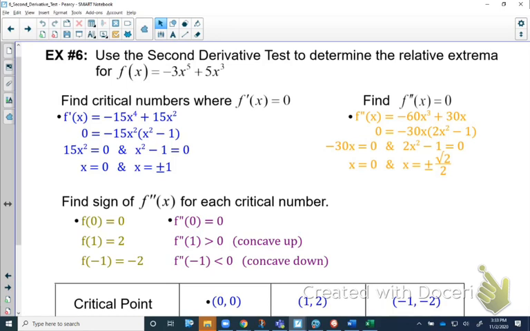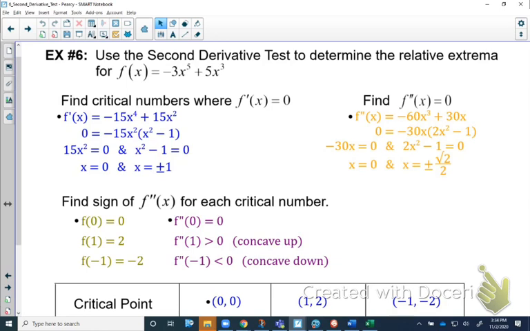So based off of the fact that I'm substituting those critical numbers of the first derivative into the primary function, these are letting me know where I'm going to have my mins and maxes. And because the signs of the second derivative are 0, positive, and negative, respectively, that tells me that here at 0 I should have some kind of an inflection point. Here, because the second derivative is positive, the function should be concave up. And the third one, when x is negative 1, the second derivative is concave down. That means we should have a